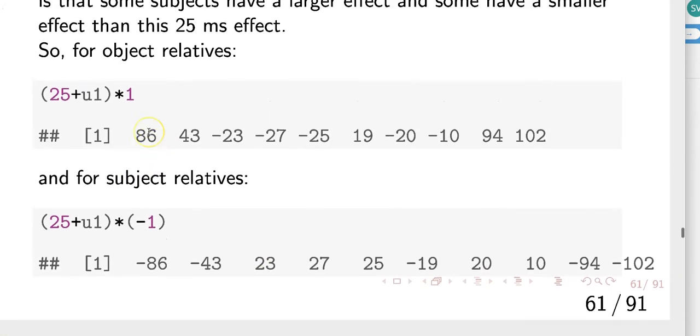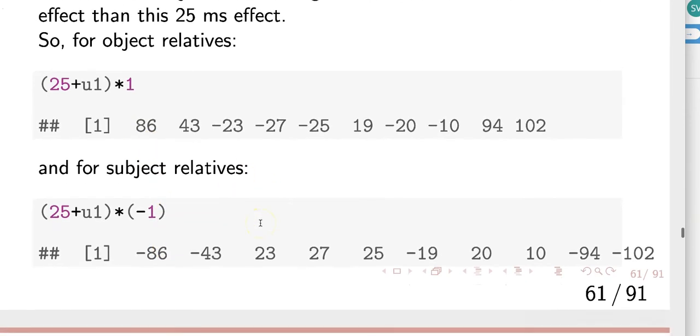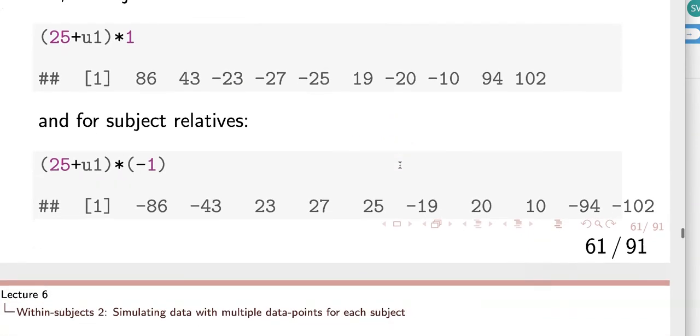Actually I should be looking at the differences. Yeah, sure, right. Sorry, I was correct before. So what's happening here is that this is a positive adjustment to the average effect. So it's larger than average, and this one is smaller than average, right? And so on. The negative ones are smaller than average, right? Okay, so